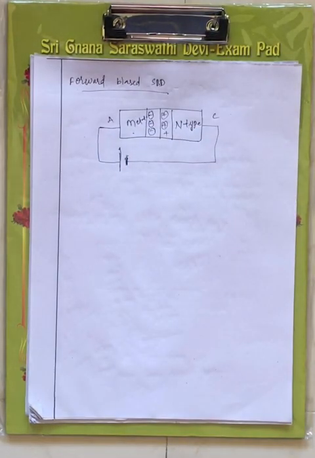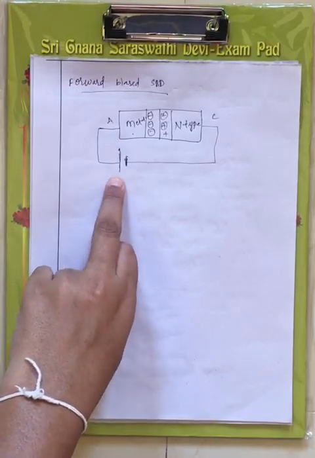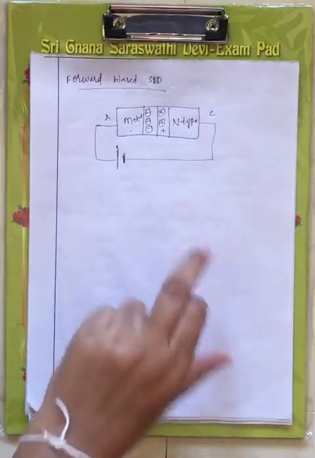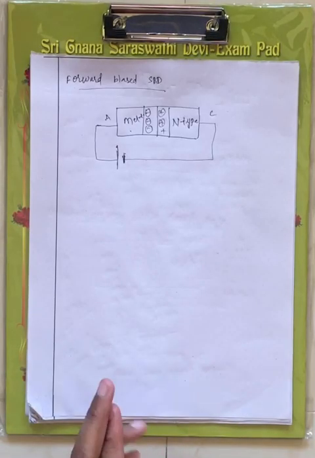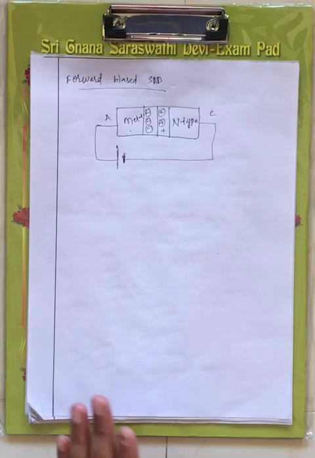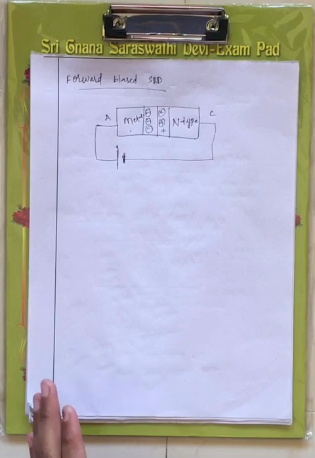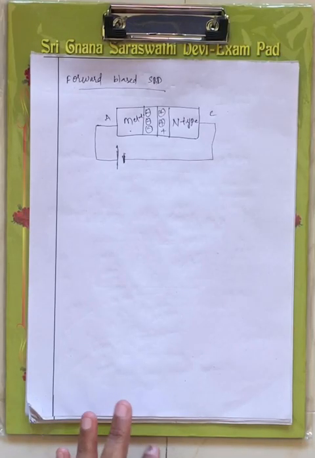Now what happens here is, when the diode is under forward biased condition, that is, anode is connected to the positive terminal of the battery and cathode is connected to the negative terminal of the battery, this is the forward biased condition of your Schottky barrier diode. Now when we apply voltage to this Schottky barrier diode, the voltage under forward bias, we call it forward voltage, right?